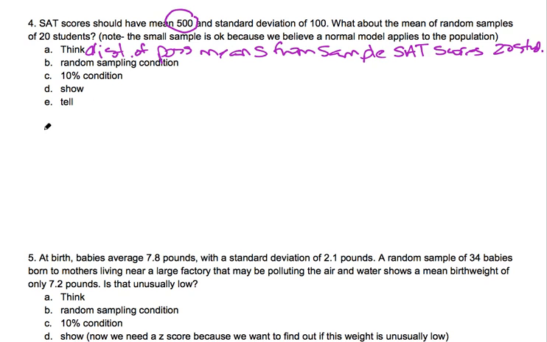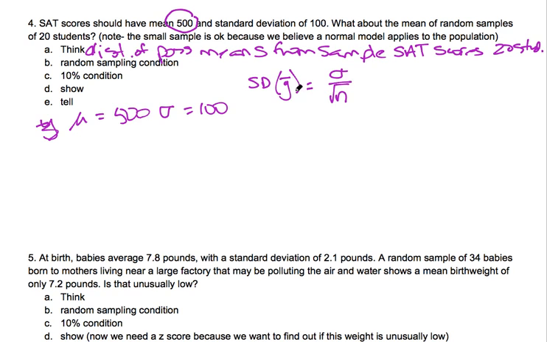Okay, all right, so what do we know right now? Well, we know that the mean in this case is 500, and the standard deviation that they give us is 100. So we need to first calculate what the standard deviation is given this sample. The standard deviation of the sample is going to be the standard deviation over the square root of n. The reason I'm writing it this way is so that we know we're finding the standard deviation of the sample, not of the whole thing. So this is equal to 100 divided by the square root of 20, and you get